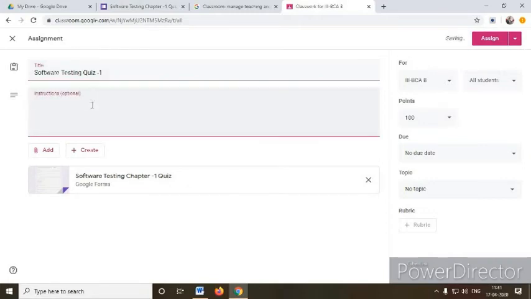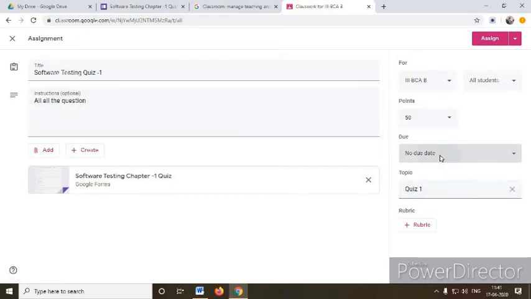Here you can give instructions to all the students. Also the topic, you can create a topic, quiz 1.